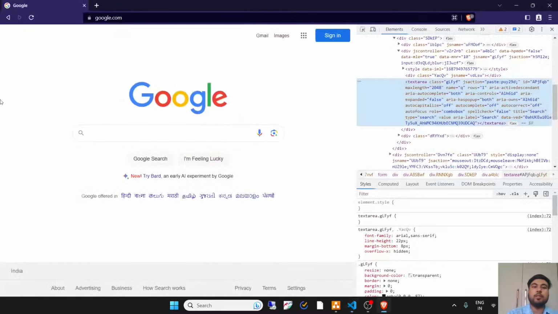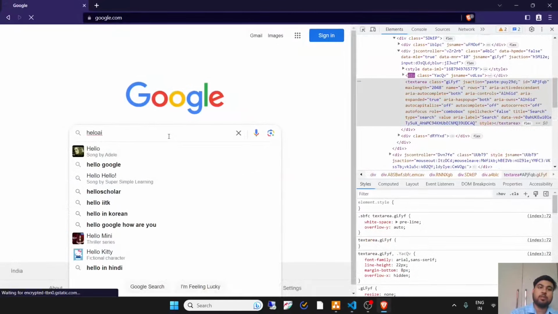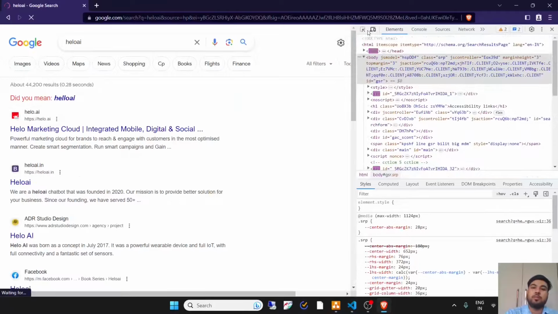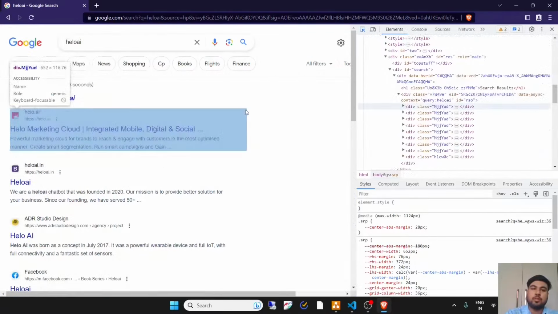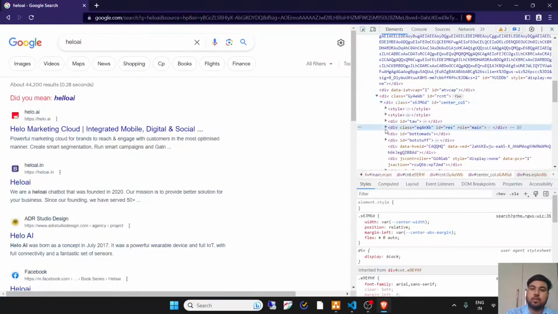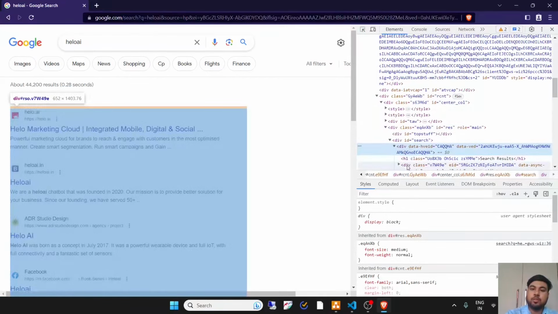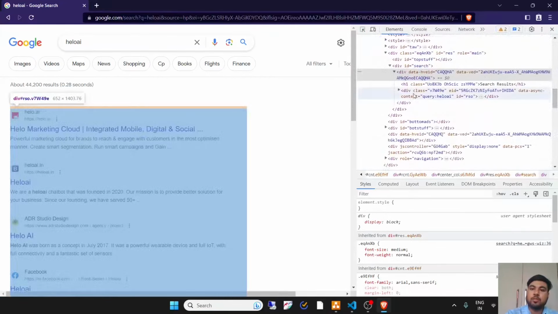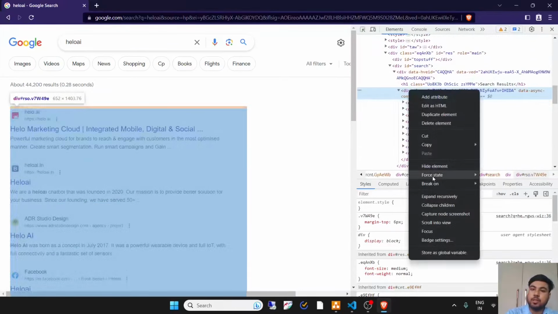And similarly with the result XPath, the closest XPath we can get is this.